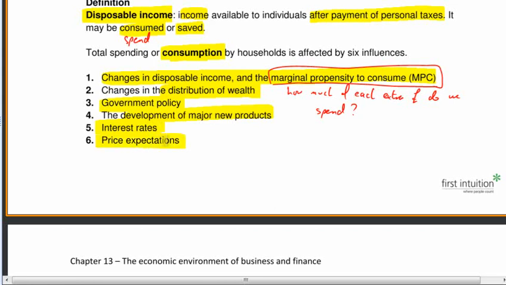And here's an interesting thing which comes up a number of times in this chapter. Expectations can influence consumption. For instance, if we expect prices to rise, what we might do is go out and spend a lot more now, quick, before the prices do rise. Equally, if we expect prices to fall, what we might do is hang on, wait for those prices to fall, and then we will plan to spend the money in the future. But at the moment, our consumption will drop. So expectations have a role to play.